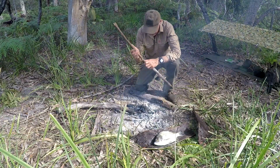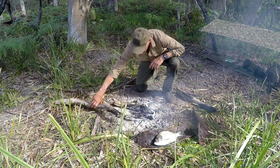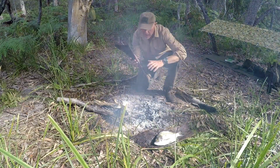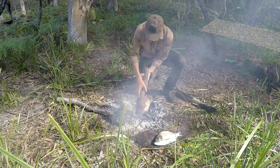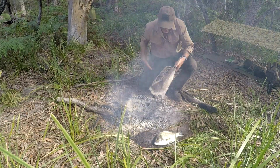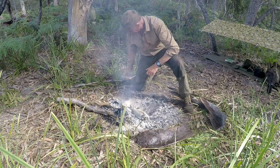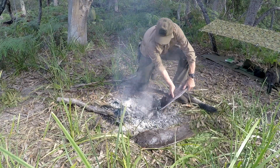So all we need to do, we'll get rid of our pot stand, move those to the side if you want to use them afterwards. I'm just going to dig a hole. I've got a bit of a bark shovel that I've just whipped up. Should have my gloves on for this, to be honest. And I'm just going to put the fish straight in the centre like that. Simple as that. Cover him completely